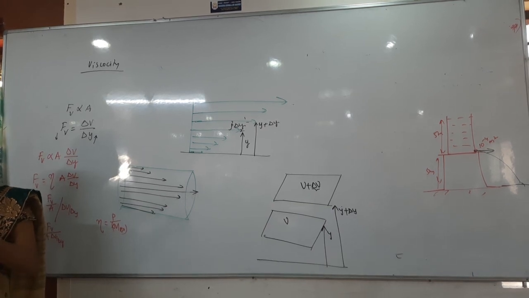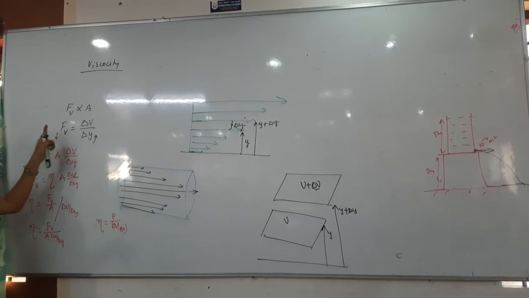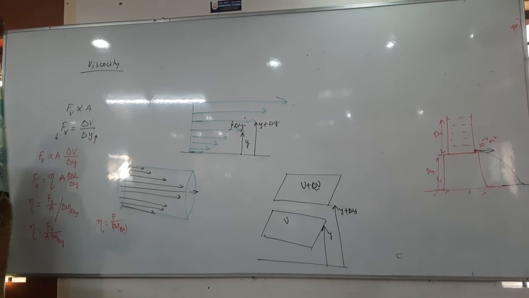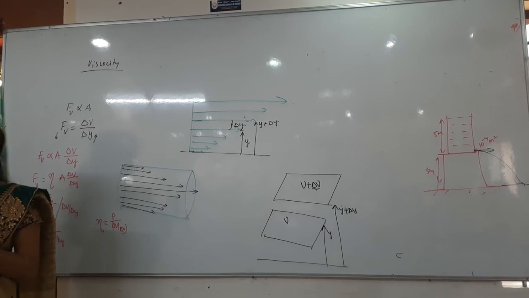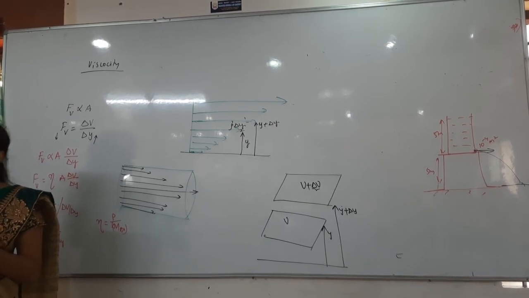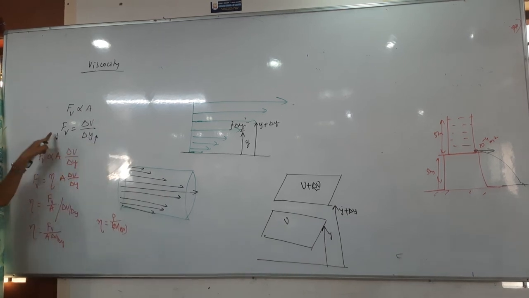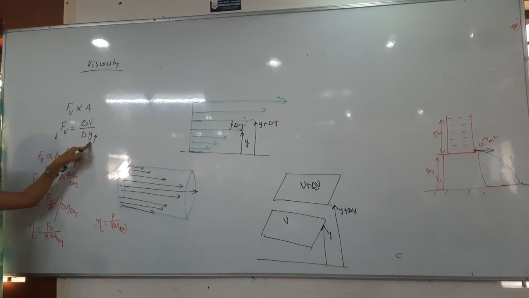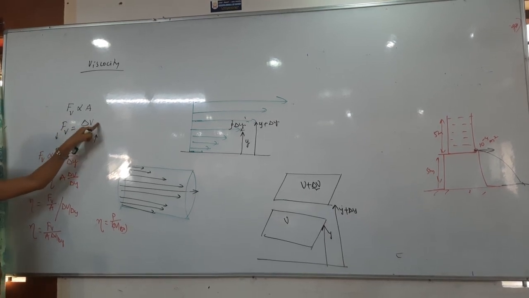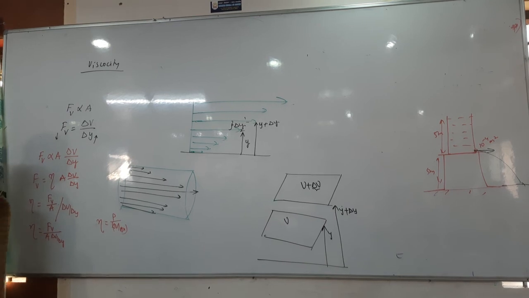If I am rubbing very fast, there is more friction. If I am rubbing very slowly, there is less friction. So more velocity difference means more friction. Now if I lift a little bit up and then rub, friction will be less. Separation is increasing, friction is decreasing. So the frictional force is inversely proportional to the separation, directly proportional to the velocity and also directly proportional to the area. Now together I have written Fv is directly proportional to A into delta V by delta Y, and